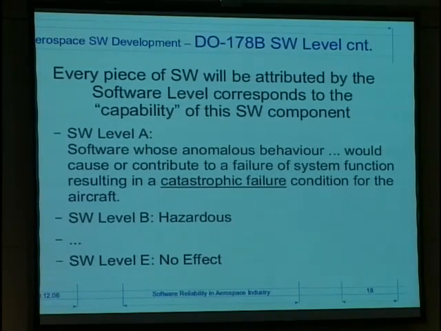So every piece of software will get an attribute of its capability on the safety of the plane. For example, the primary flight control is certainly a level E, because if that fails, the plane drops out of the sky. But maybe the coffee machine is just level D because it's inconvenient, but if it fails, then it fails. But if the coffee machine fails and the captain of the plane is getting nervous, then it would be higher workload. So even the coffee machine could go to level B. It's a complicated process to really isolate the interconnections between components. And as Ariane 5 has